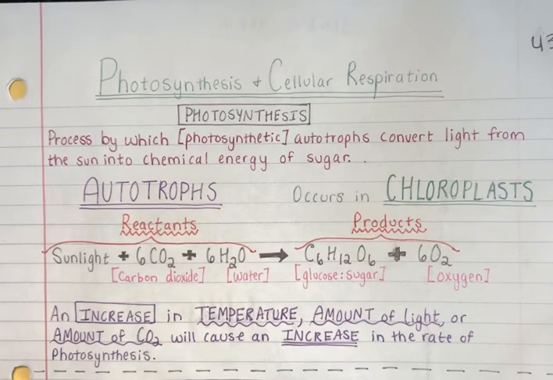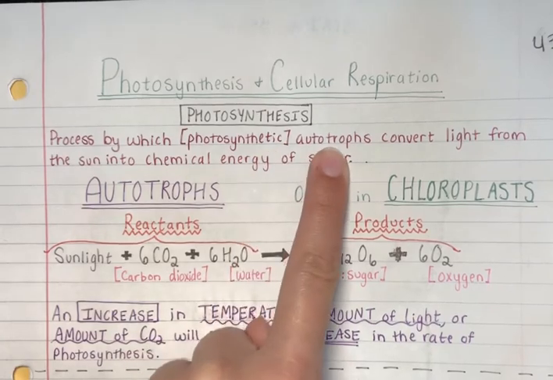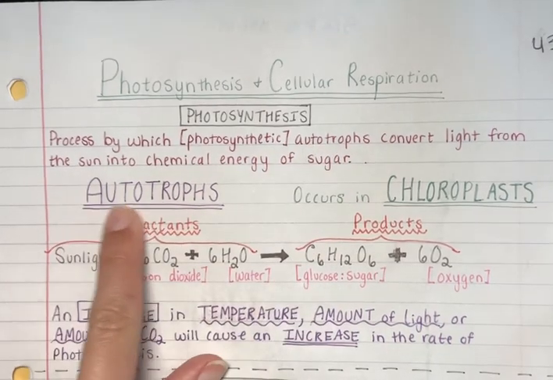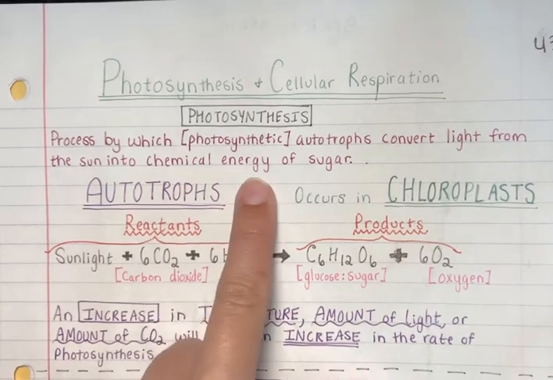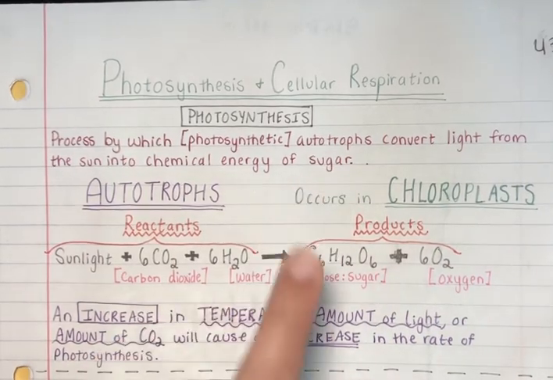Photosynthesis and cellular respiration are two naturally occurring processes in organisms that help convert energy from the food they eat. The first process we're going to talk about is photosynthesis. Photosynthesis is the process by which photosynthetic autotrophs, or organisms that automatically make their own food, convert light energy from the sun into chemical energy of sugar, also known as glucose,